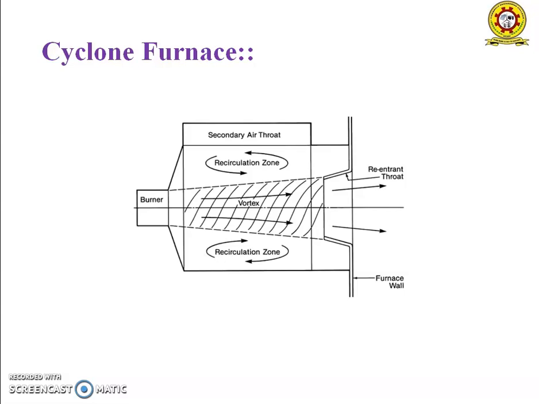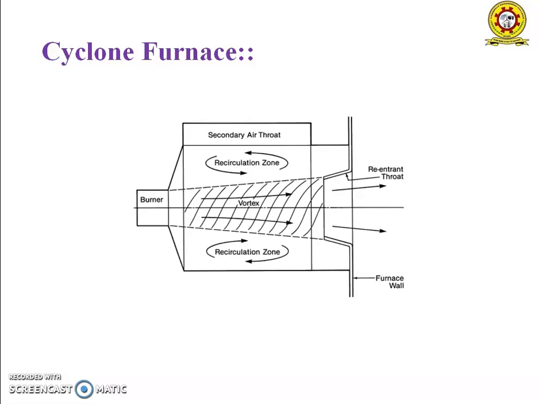Coal and primary air, about 25% of the combustion air, are admitted tangentially into the cylinder so as to produce a strong centrifugal motion and turbulence to the coal particles. The primary air in the fuel mixture flows centrifugally along the cylindrical walls towards the furnace. From the top of the burner, the secondary air is admitted. The secondary air is admitted tangentially through the throat at a high velocity of about 100 meters per second.